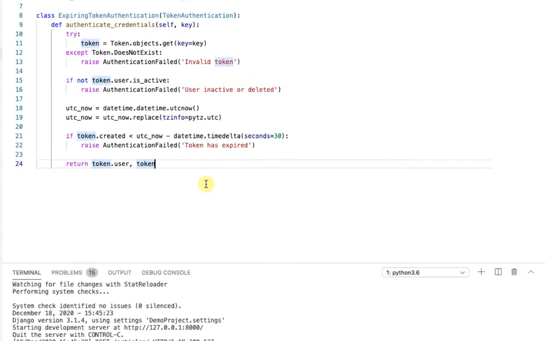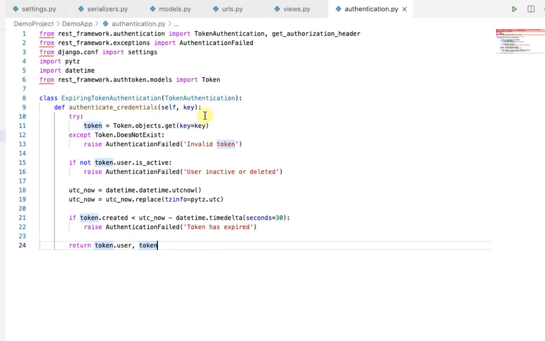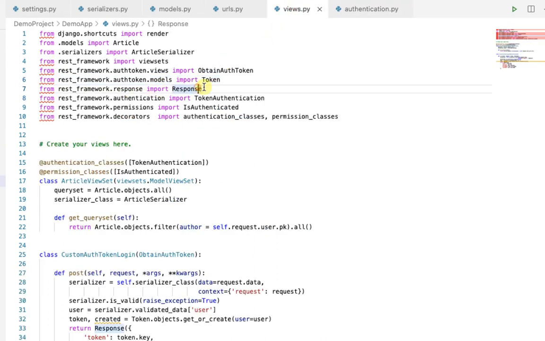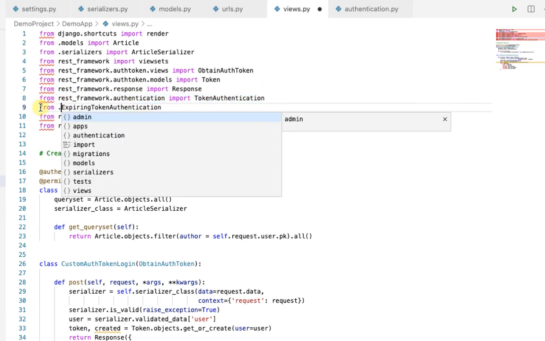And I think I'm good to go. I have no errors in the terminal. I'll copy this class name and import it in views.py. We don't need token authentication now. Instead of token authentication, we will be using the expiring token authentication class.